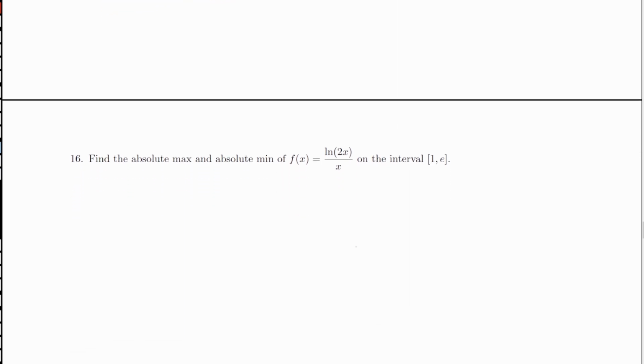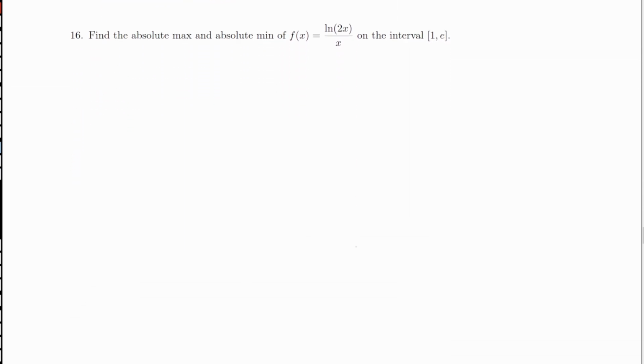All right, problem 16. Find the absolute max and absolute min of f of x equals natural log of 2x over x on the interval 1 to e. So first we're going to find the critical points. So I'm going to find f prime of x. We have a quotient, so I'm going to use the quotient rule. So we have the derivative of ln of 2x times x left alone minus ln of 2x by itself times the derivative of x